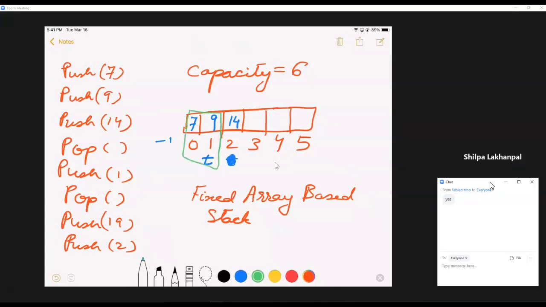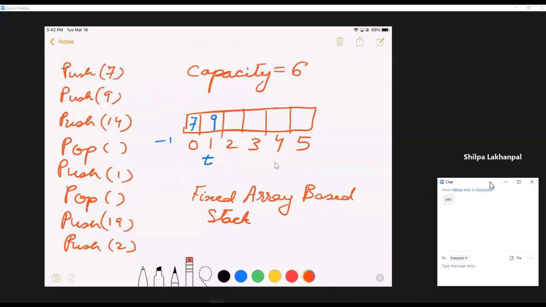But 14 is still there. I mean, there's no way we can actually erase it in the memory. It's still there, but we will never have it back into consideration because we are only concerned with the top and everything that is below it over here. So just to make the drawing better and to keep our understanding better, we can even erase it to indicate that 14 is gone. It has been removed.